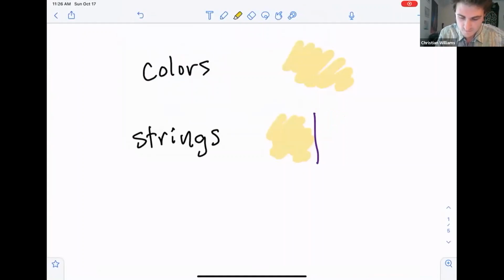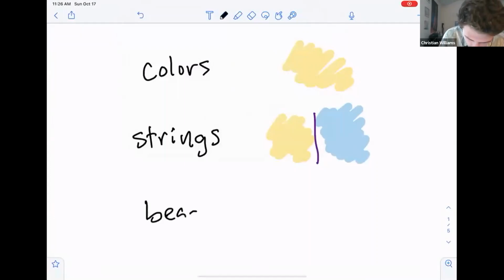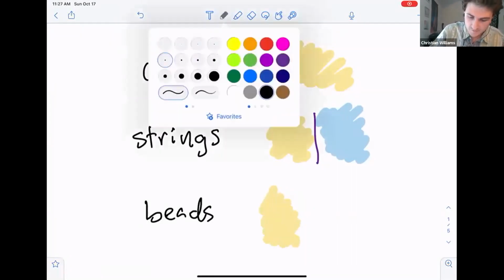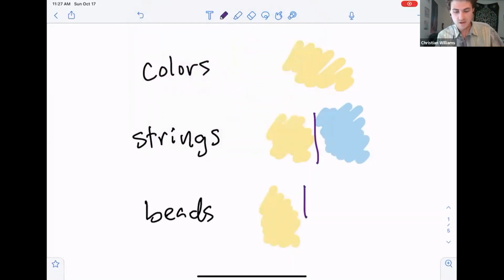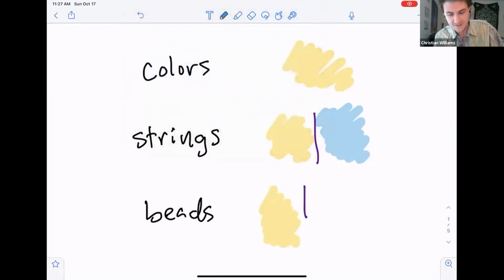So strings connect colors, and beads connect strings. So if you have a purple string connecting yellow to blue,